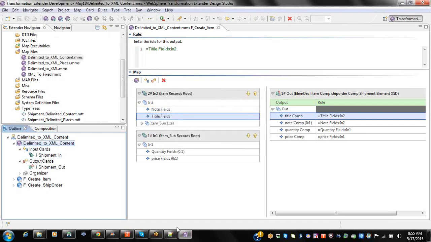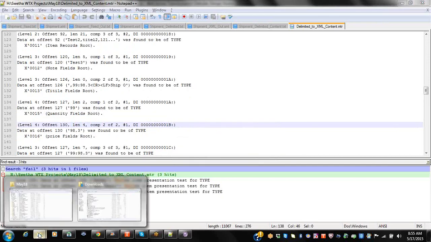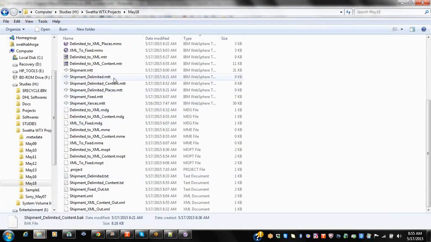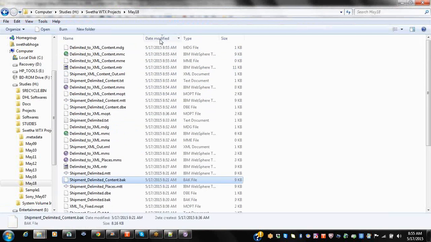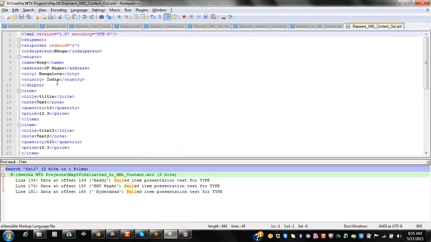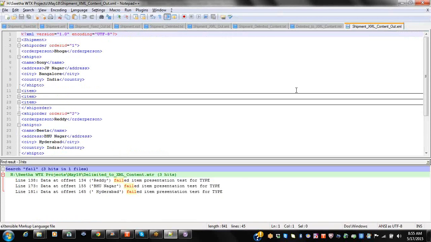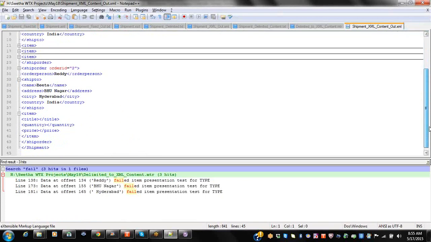Now map completed successfully. If you see that output, I'll explain what I did. Okay, click modify content. Now if we see the first, there should be 3 items. The last one is ship to. So having one item, but